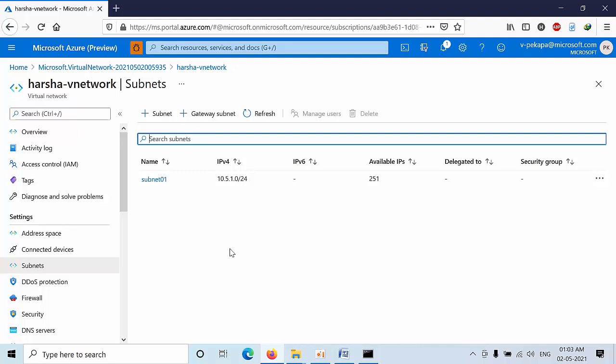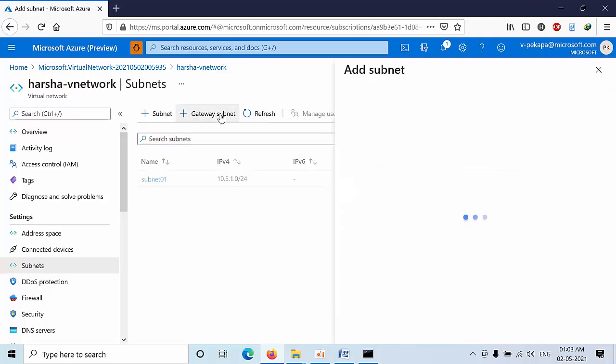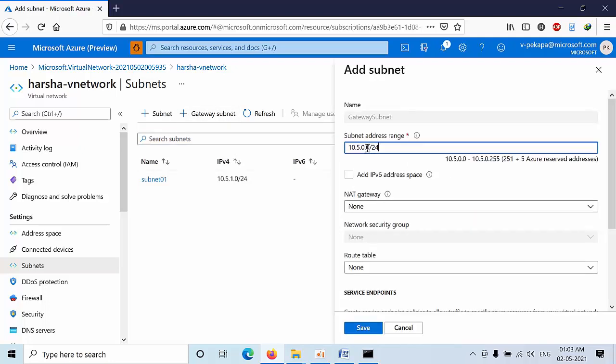What about the servers we have within the subnet? They can communicate with each other. We need to communicate within the subnet? No need. By default they will communicate. To communicate from one subnet to another subnet, we need to have a gateway subnet. Okay, click on that gateway subnet and create